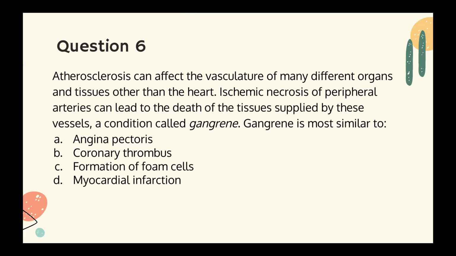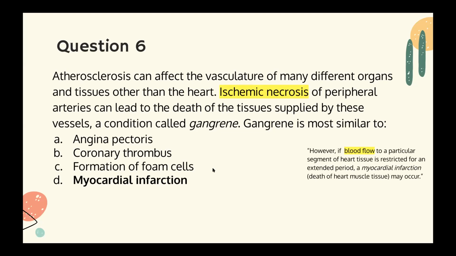Right, so ischemia means there is a lack of blood flow and oxygen delivery to a part of the body, which causes cell death. Ischemic necrosis is therefore most similar to D, myocardial infarction. So the passage states that MI is death of heart muscle tissue due to restricted blood flow to a particular segment of heart tissue. Foam cells are formed in the beginning of atherosclerosis, and the passage does not mention that